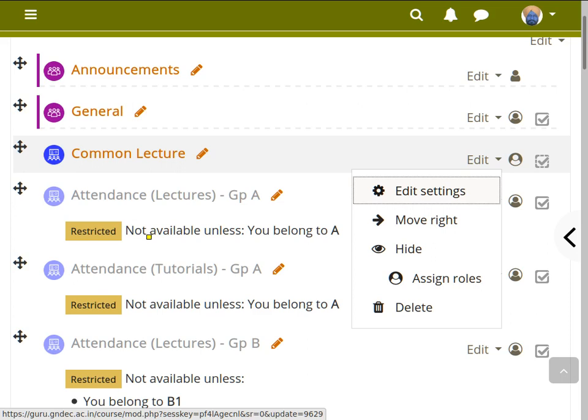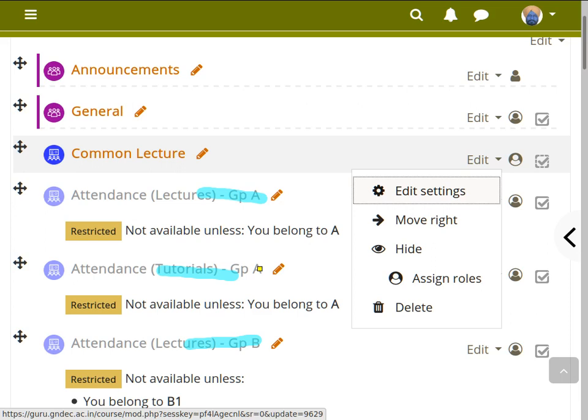So you can see here our activities. In case of attendance, a student attended 3 different types of classes. One is the common lecture, which was held for section A and section B. Then we have lectures only for section A, likewise lectures for section B, and then we also have the tutorials, in which section B has subsections B1 and B2, and in this particular case, A having fewer students, there is no subgroup.